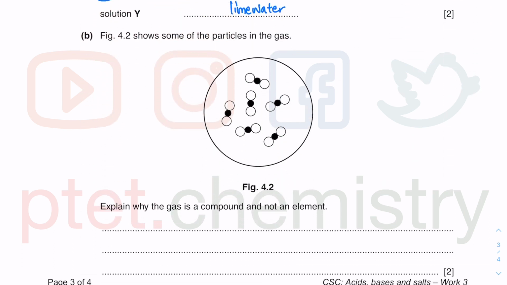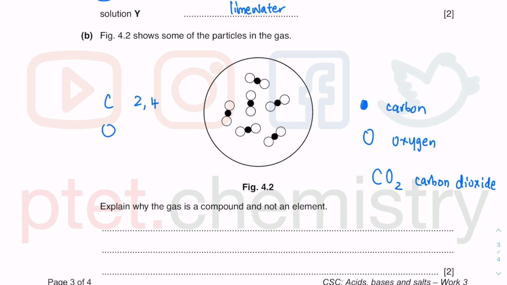These are some of the particles in the gas. You could clearly see that the black one is going to be your carbon, and the white one is going to be your oxygen. If you know how to count the atoms, you will see there is 1 carbon and 2 oxygen, so it's CO2, carbon dioxide. As stated in structure and bonding, carbon with a 2,4 electronic configuration and oxygen with a 2,6